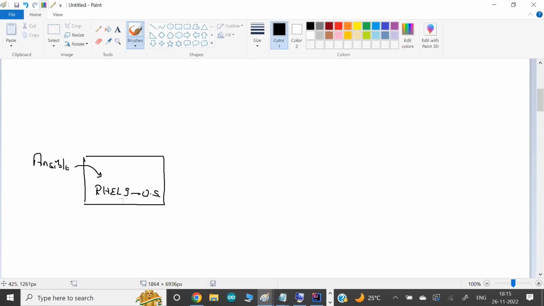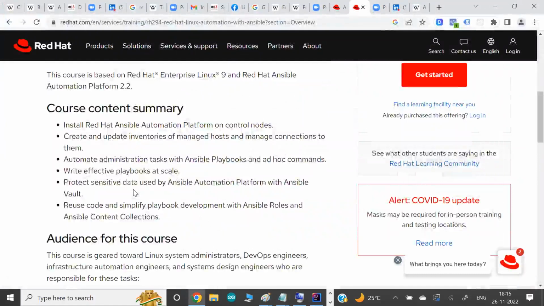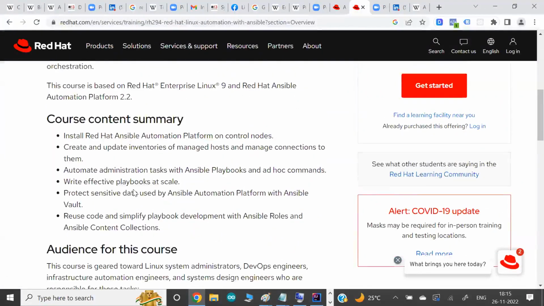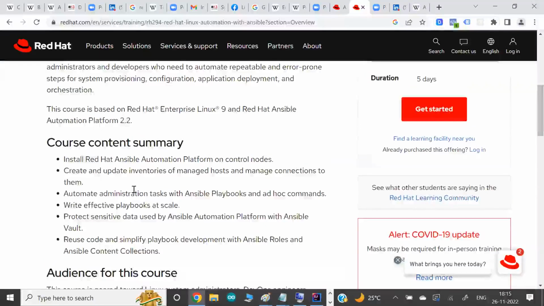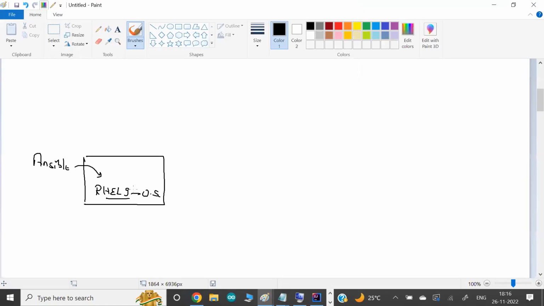Okay, why Red Hat, not Ubuntu? Maybe I'll show you Ubuntu also. But because we are learning Ansible, and mostly we are learning Ansible as a product of Red Hat, and we're also learning the official Red Hat Ansible training here. So that is again one of the reasons why we are installing Ansible on top of Red Hat. Okay, you might find some more benefits in the upcoming classes. But here I'm installing Ansible on top of Red Hat.